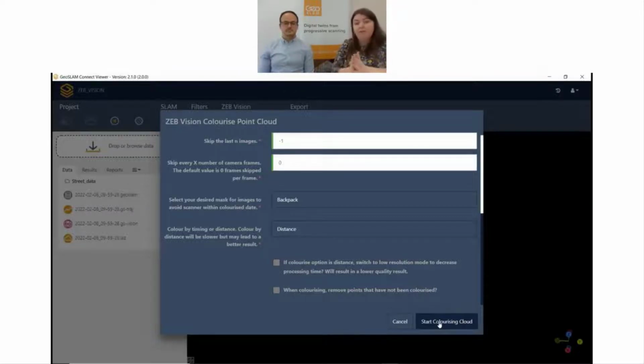Timing, it will just take a look at the time in the point cloud and then the time in the photo, matches those together, and it only does that operation once. So very, very quick. You might not get the best in terms of results. So again, I would also always recommend distance